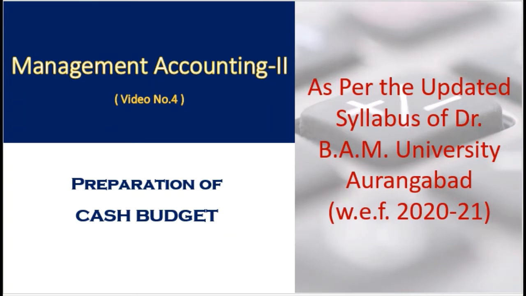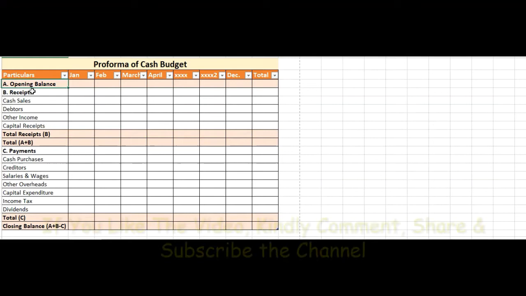In the previous video tutorial, we have understood the meaning, advantages, objectives and methods of preparing cash budget. In today's video tutorial, we are going to understand the preparation of cash budget with the help of receipt and payment method. But before moving towards the actual preparation of cash budget, first of all we need to understand the pro forma or format of cash budget in receipt and payment method, with the help of which we can estimate the amount of cash surplus or cash requirement in the budget period.